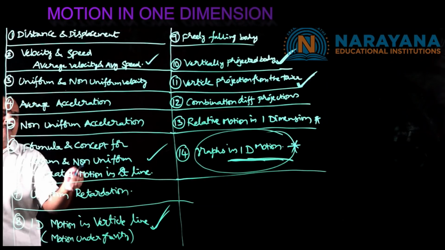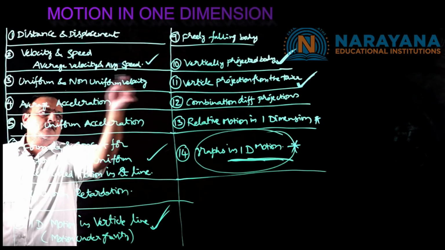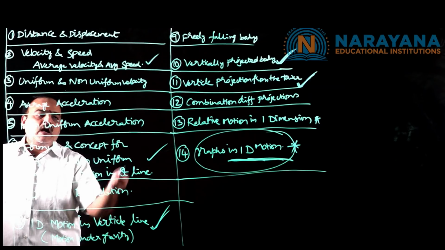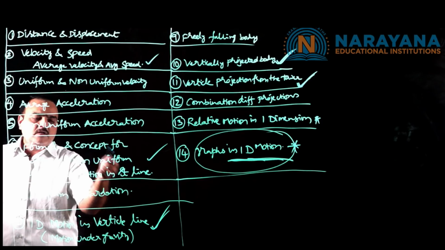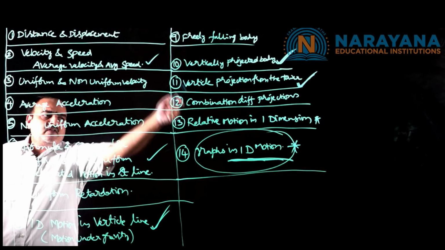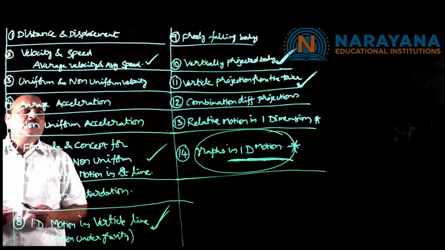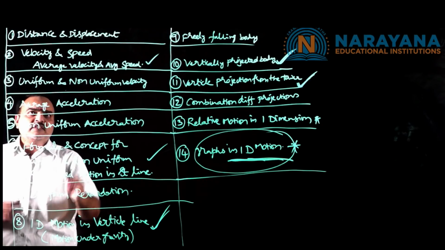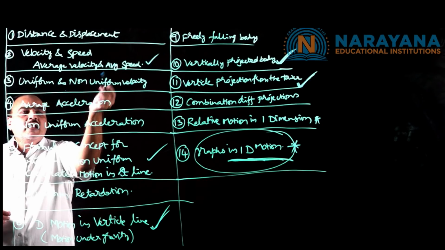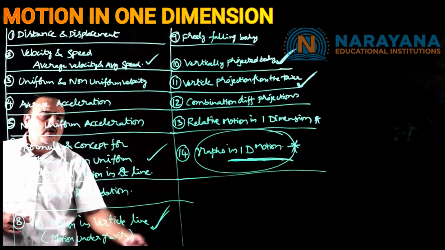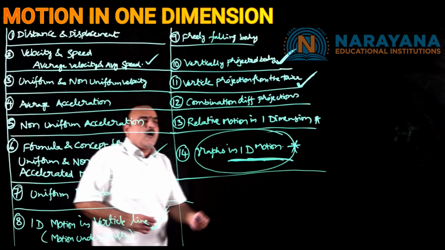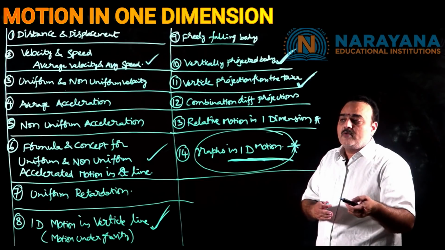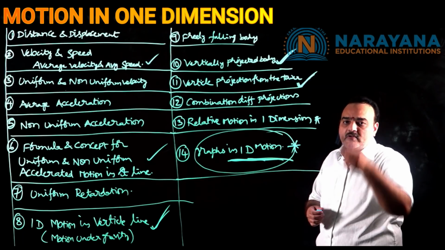Suppose you are not perfect, if you are not comfortable in a particular subtopic, ask your teacher to repeat that subtopic again for you, or else you study on your own. If you have any doubt, approach your teacher. Try to be perfect with all these subtopics, and I will display now various models under each subtopic. Remember, these are only subtopics. Under each subtopic again you have so many model problems to practice. So the list of model problems which you need to practice under each subtopic will be displayed here.